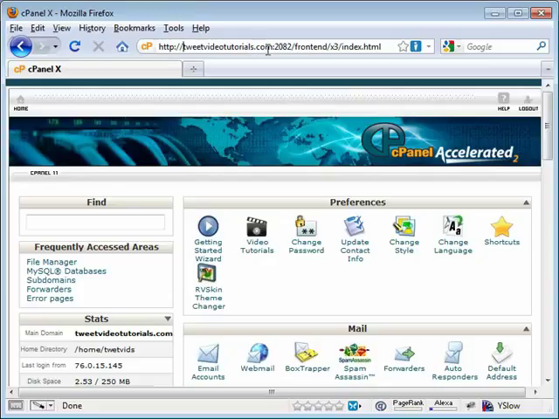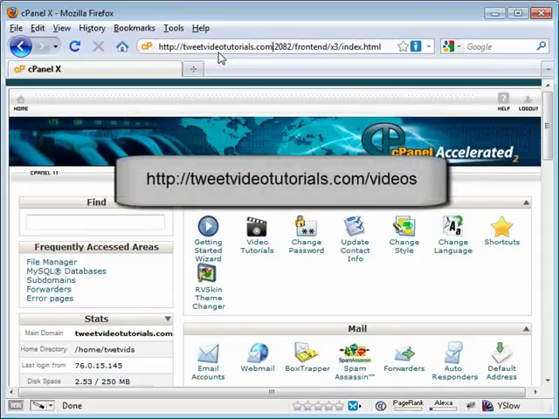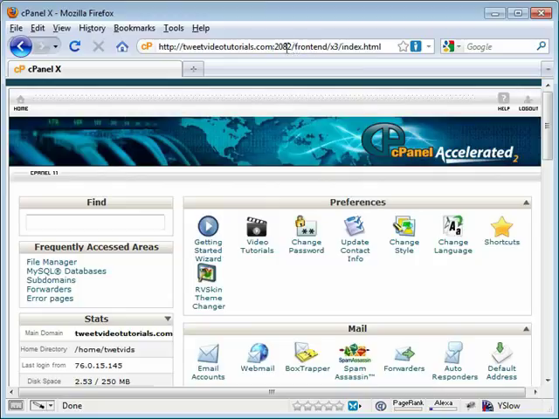The other side of this coin, you can also have subdirectories, because some hosting services will limit you on the number of subdomains, in which case you can do the same thing by creating a subdirectory. A directory is just a different name for a folder if you ask me. Now, a subdirectory, using the same video as an example, would be at the end of the .com. It would be http://tweetvideotutorials.com/videos. That would be the same ability to have an additional blog installed on that particular directory or subdirectory. I'm not going to get into the argument of SEO benefits behind a subdomain versus subdirectory. I'll leave that up to you and others that are smarter on that area than I am.